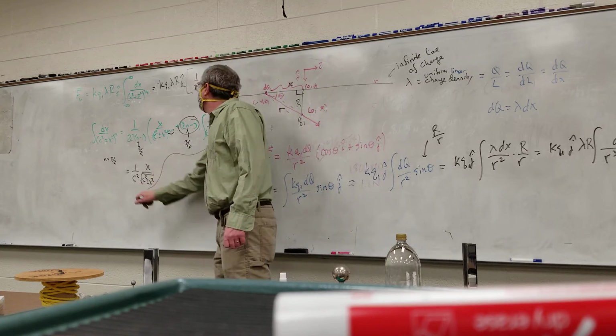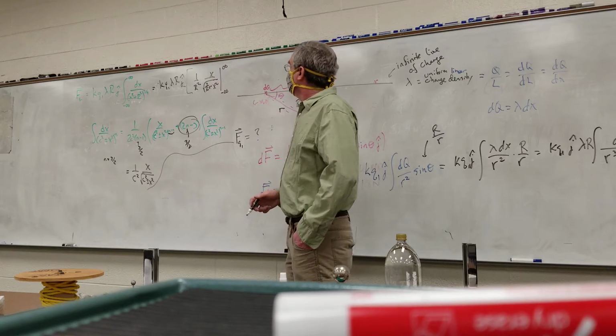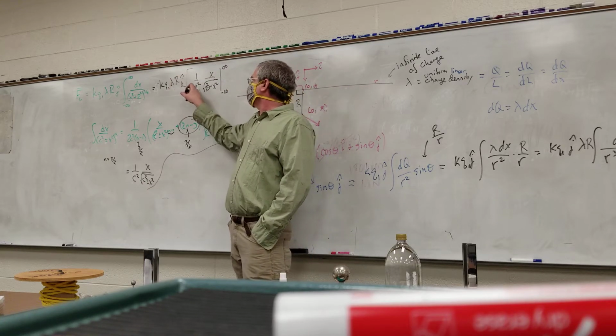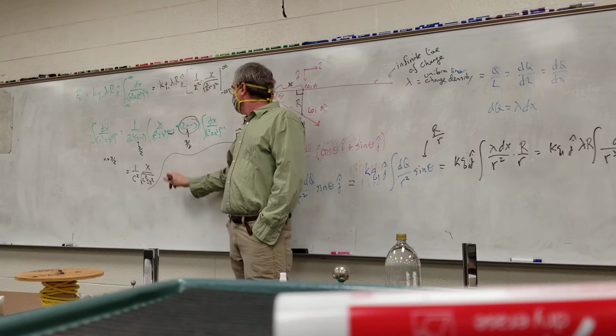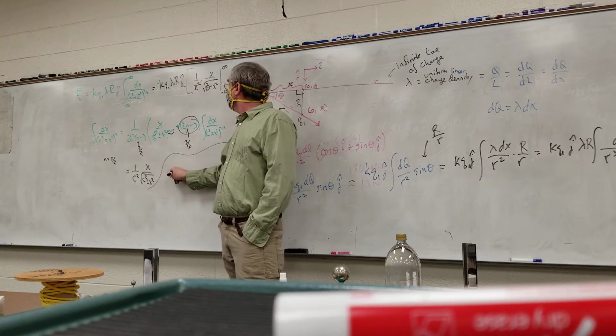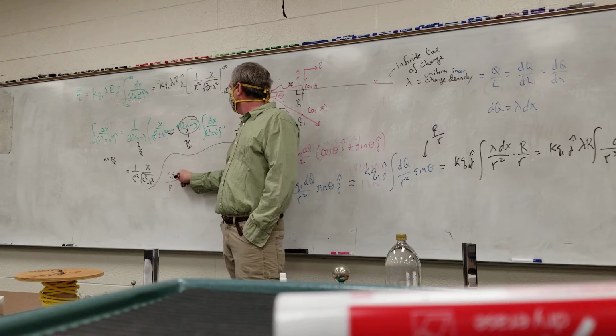So this r cancels out with one of those. And so up front, I've got k q1 lambda over r j hat